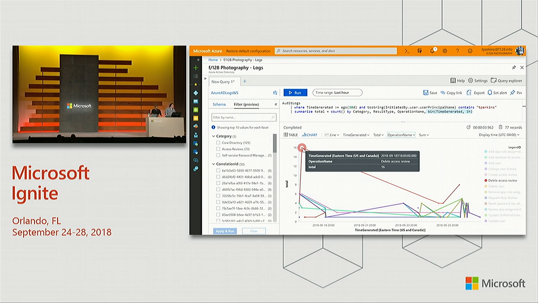Okay, so with that, this is pretty neat, but the other cool thing that you can do with log analytics is create dashboards. This is an example of making the system